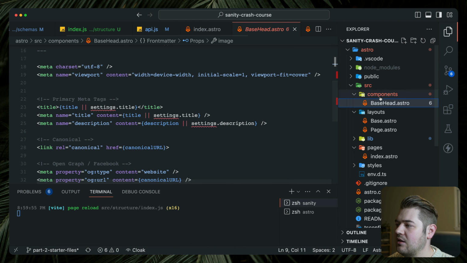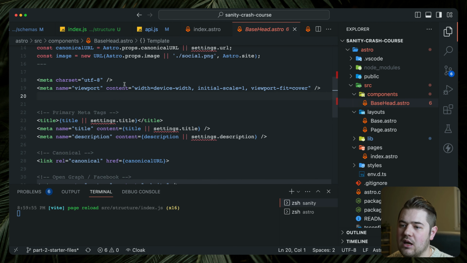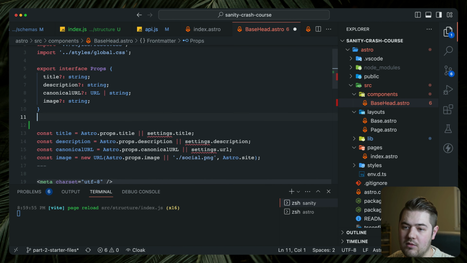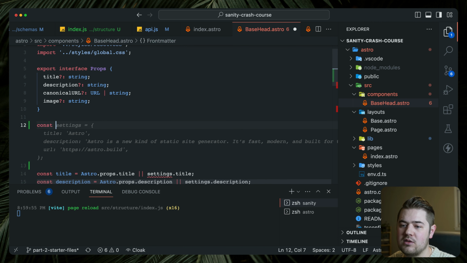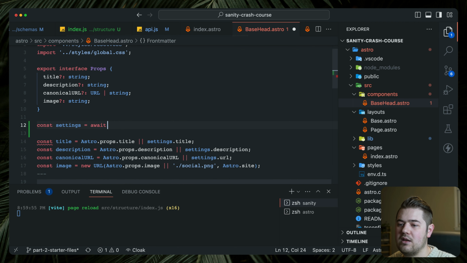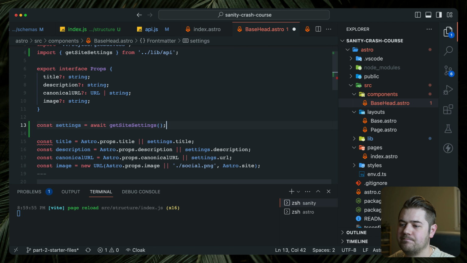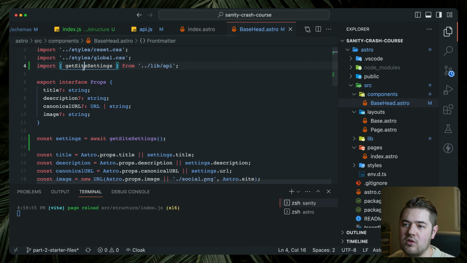Let's go to our basehead.astro, so source, components, basehead.astro. What I've set up here is everything minus the actual query that we just set up. So we're going to do const settings equals await getSiteSettings. And VS Code does that auto import for us, which is really nice. So now we have